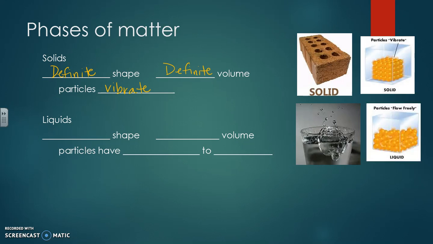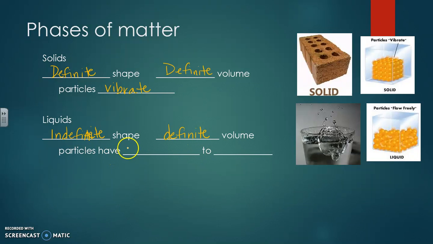All right, so then on your liquids, these have an indefinite shape, which means the shape can change. It'll take the shape of its container. But it has a definite volume, which means it will only fill up as much space as it has. If I was to take a cup of water and accidentally spill some on the ground, water doesn't all of a sudden gush all over the room and fill the room. It simply fills that small spot where it was, because that's the only volume that I have of it.